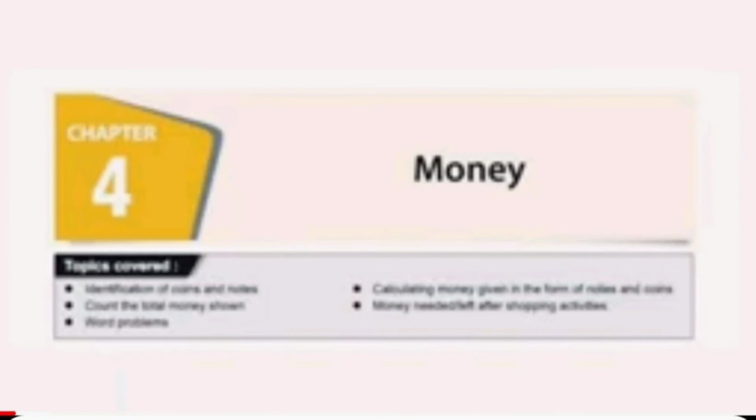In this video, we will solve the remaining questions of chapter 4 Money for class 3. This content is from the IMO Olympiad Workbook 21-22, MTG publication by Mahabir Singh. For the first 15 questions, please watch the part 1 video. The link is given in the description and the topics covered are on the screen.